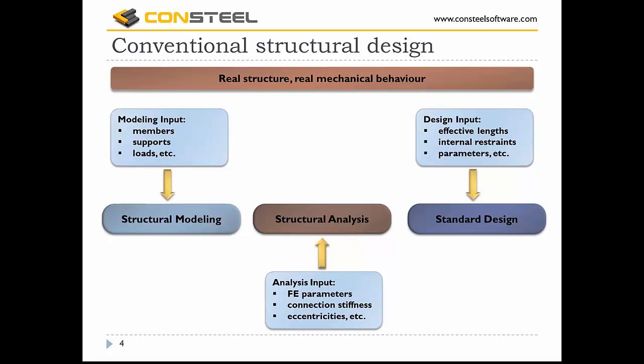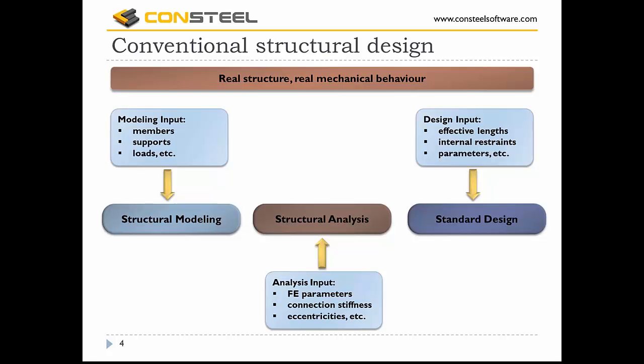Sometimes the analysis needs special inputs, analysis inputs, like mesh parameters, finite element parameters, connection stiffnesses, including somehow considering eccentricities. And then if we have the response, we again have a separate standard design phase when